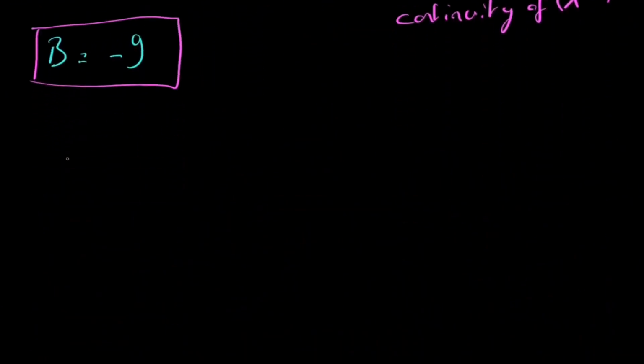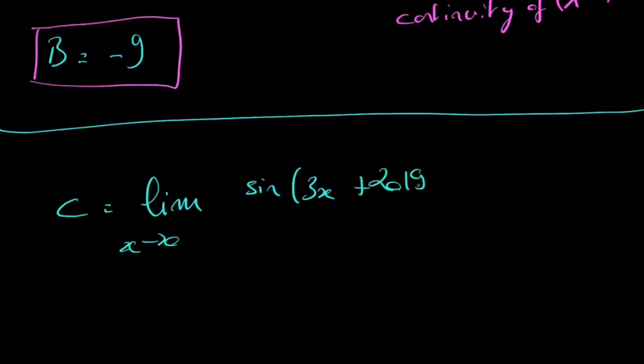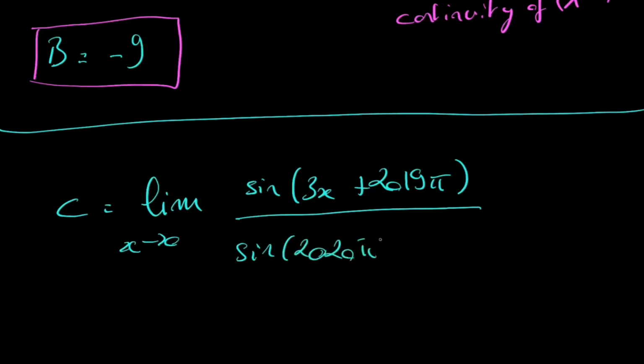So we are looking for C is equal to the limit when x tends to 0 of sinus of (3x plus 2019 pi) over sinus of (2020 pi minus 4x). So you see, and you should know that there will be some simplifications inside of the sinus, because